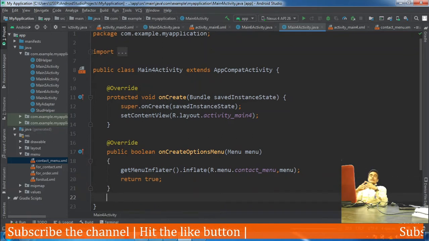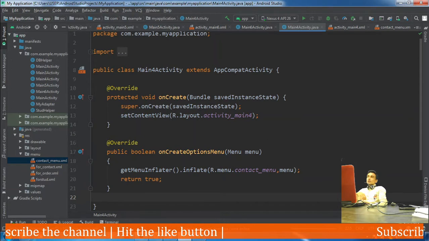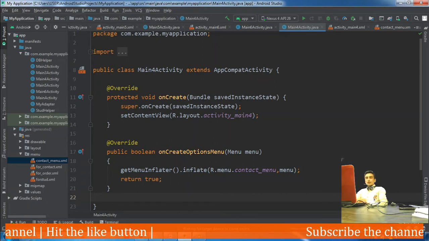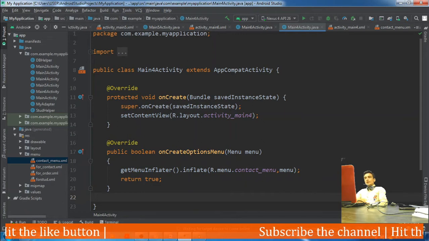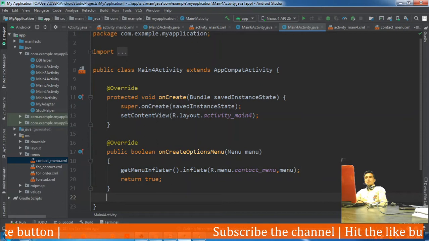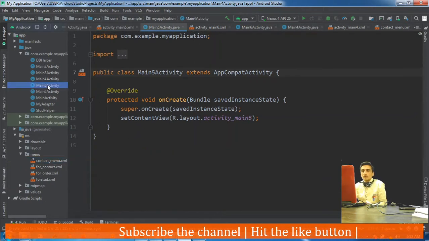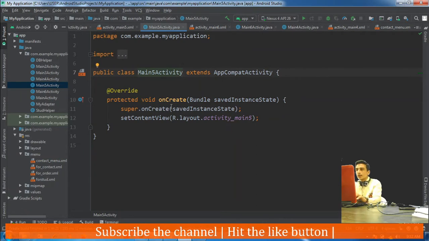Then, what should be done when these menus are selected? We have another activity or layout to be opened, but as I told you, for adding the contact I would go for a dialog box. But for showing all the contacts we have to create a new activity, which would be launched and will show all the contact names in a list view. So our activity 5 would be for that. In the layout of activity 5,